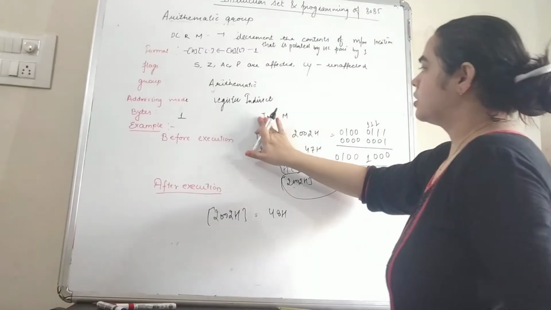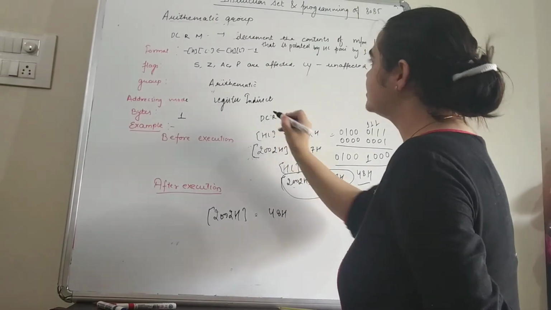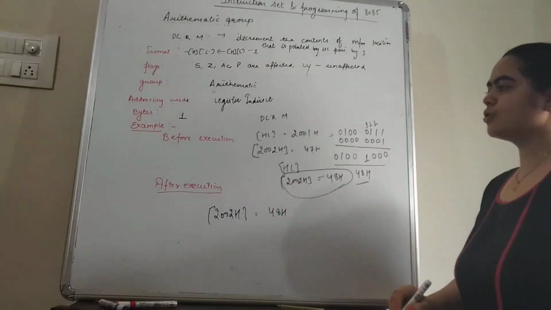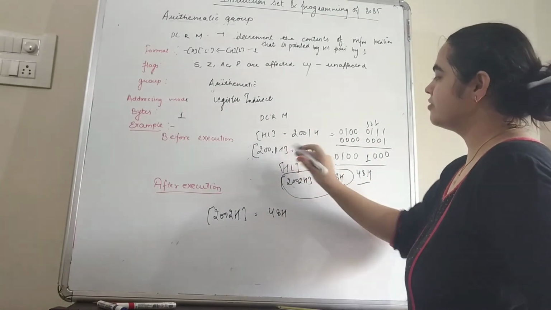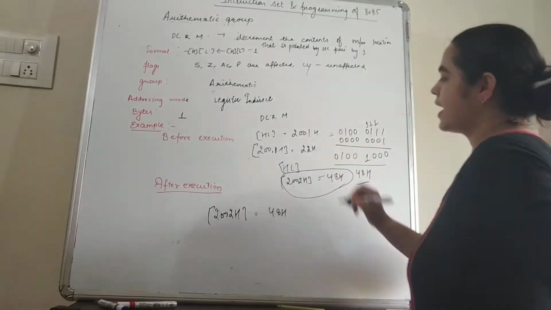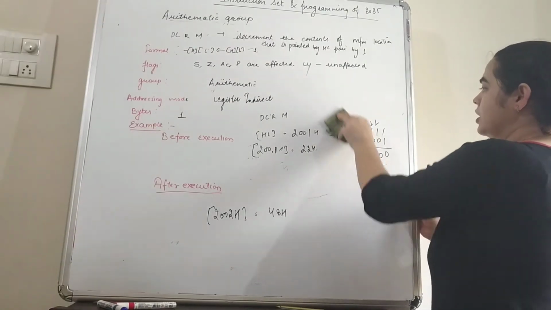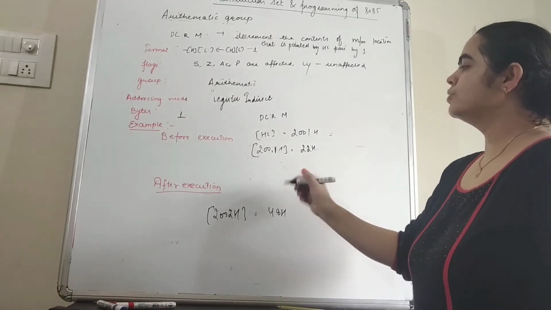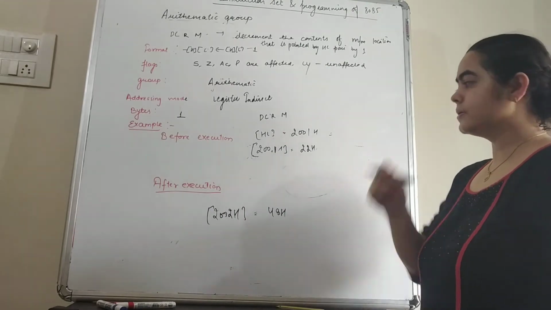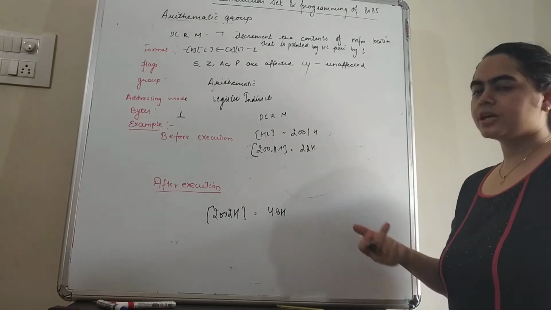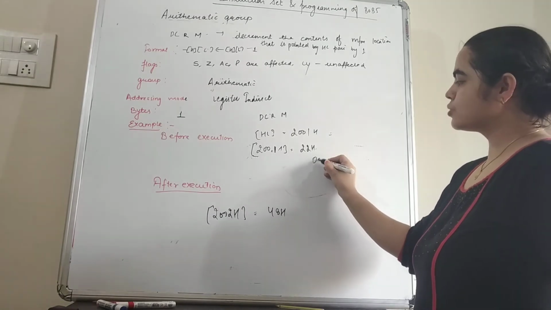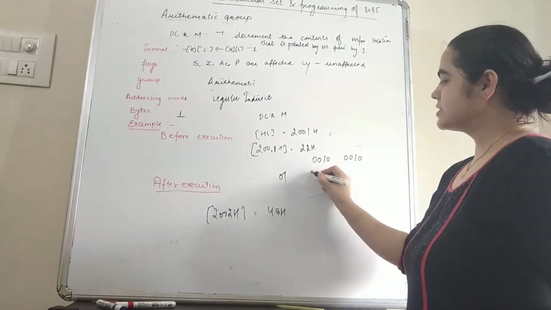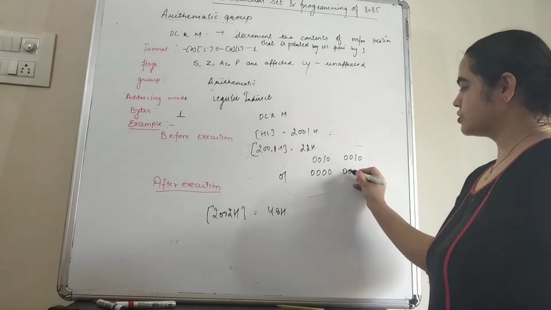the number of bytes occupied by this instruction is 1. Now students, we have the instruction DCR M and the HL pair has the value 2001H, and at this location we have the contents 22H. That means after subtracting 1 from 22H, the new value in the memory location is 21H. We can see that again with the binary code. 22 means 00100010, and 1 is 00000001.